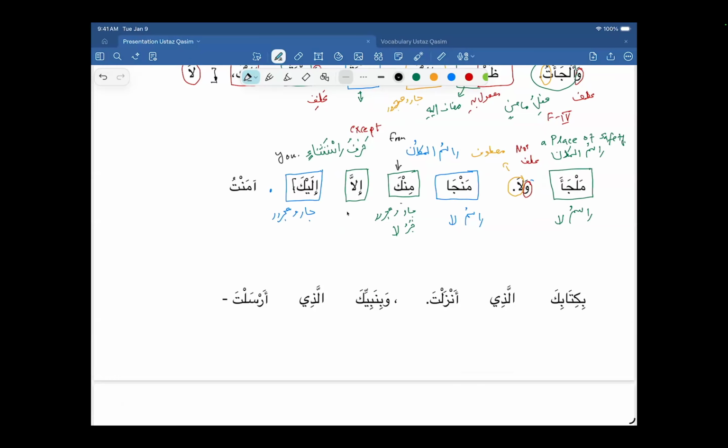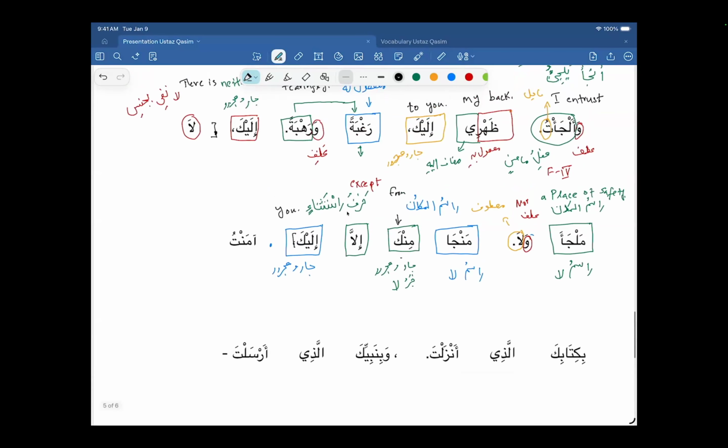Not refuge. Place of escape. Okay, place of escape. Yes, the first one, malja'a, is the place of refuge. And the second one is the place of escape. Okay, so let's do this: place of refuge, and